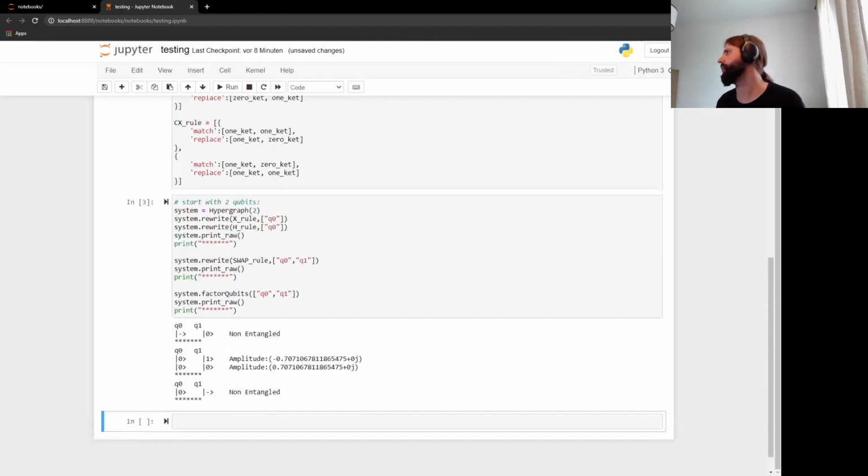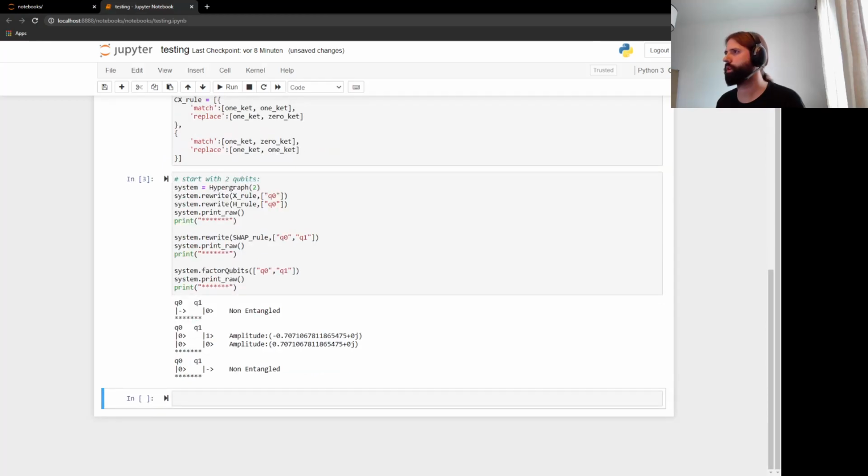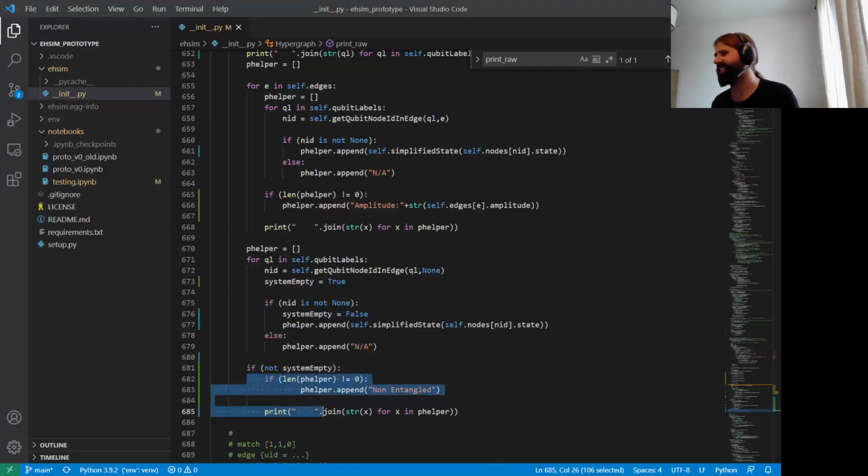Yeah, there we go. Why does it take so long? Cool. It's cleaner. So they are non-entangled. I'd say not entangled. It's probably better. But anyway,